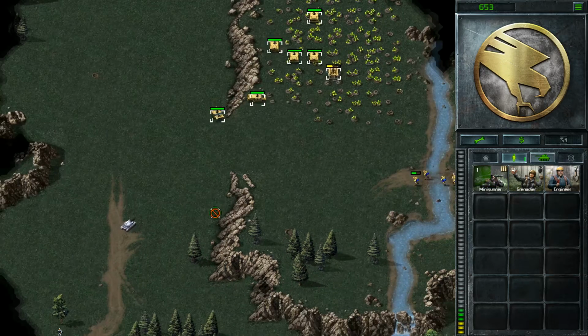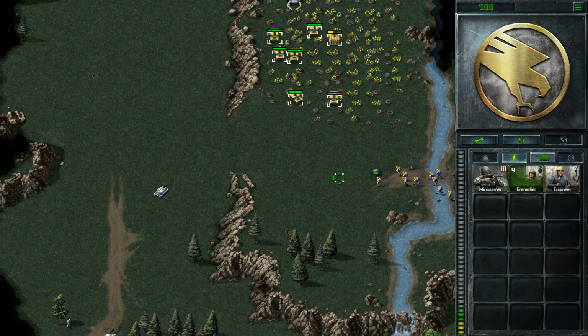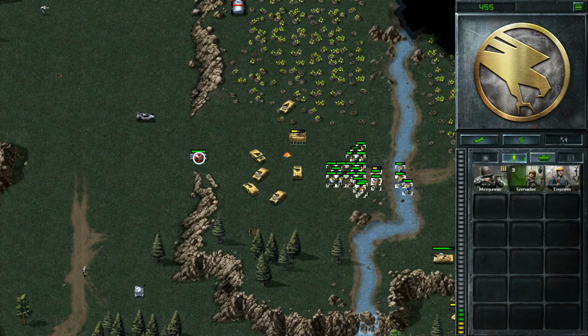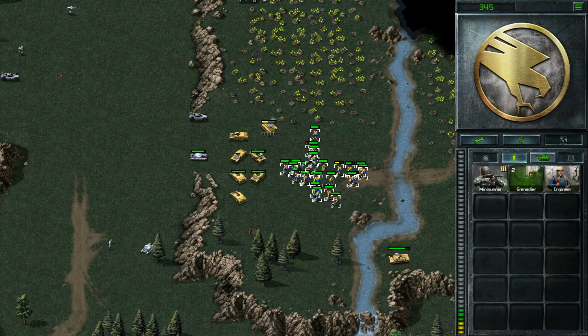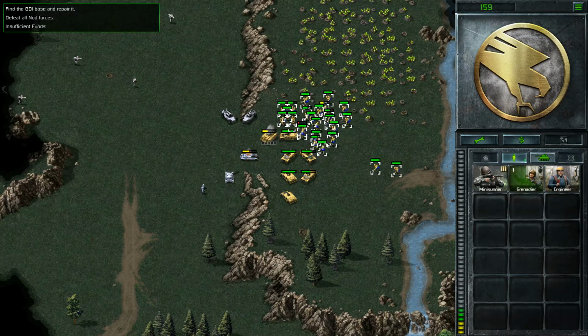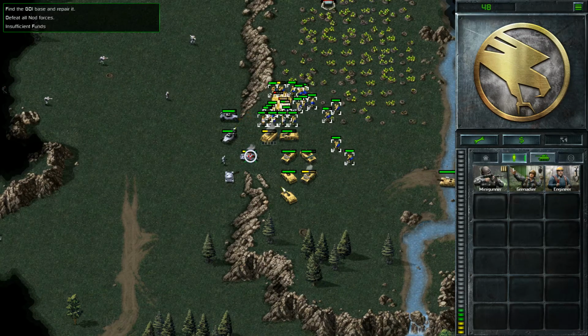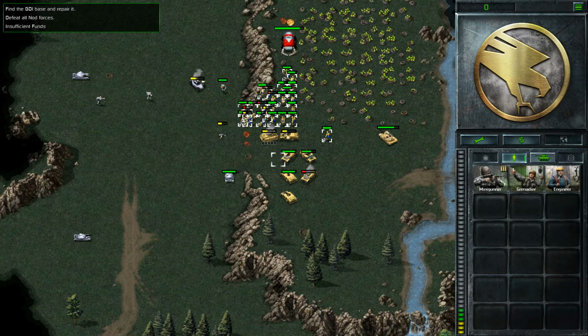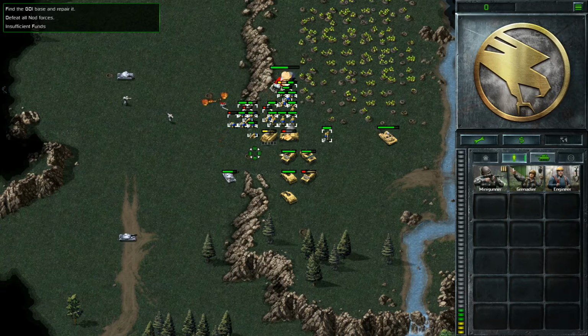This is going to draw a lot of units out. It's going to pretty much draw their whole army out to kill us because they're very upset. Okay, and then we are capped in terms of funds, and you can see here they come with...